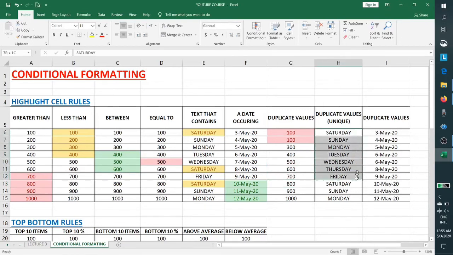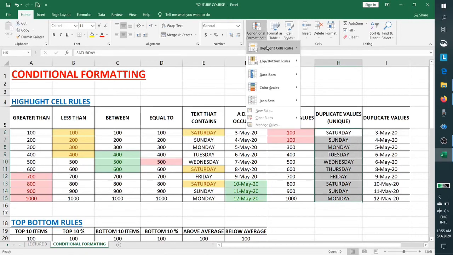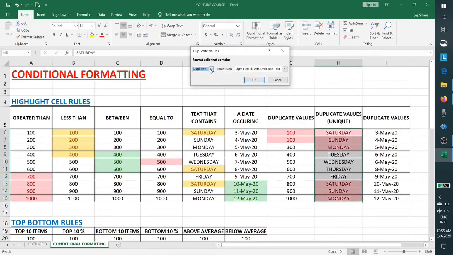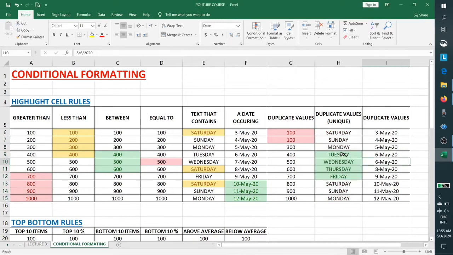Let us go to the duplicate values. There is another option in the duplicate section. So let us try that one. You can see there is a list here. If you will go down to the list, there is a unique value. So now it is duplicate selected, and you can see Saturday, Sunday and Monday are the duplicate text or the duplicate weekdays which are typed in to the selected cells. Let us select a unique formatting, change the color and press OK. So now Tuesday, Wednesday, Thursday and Friday are those days which are unique in our range.